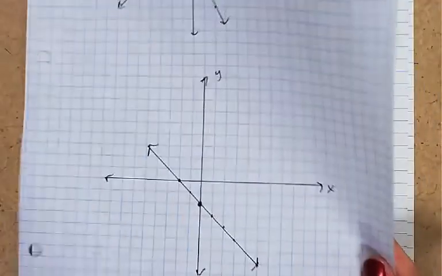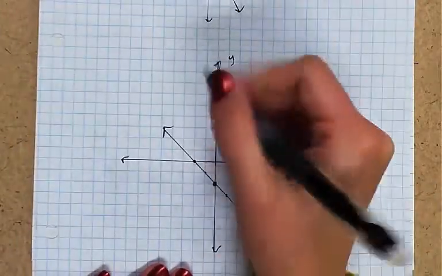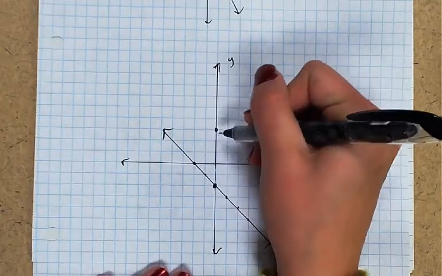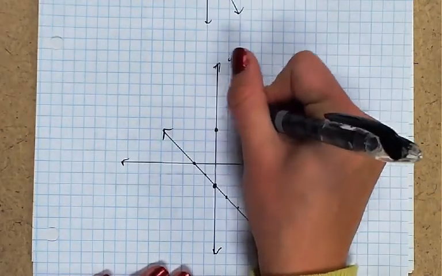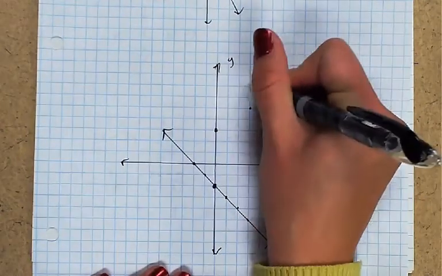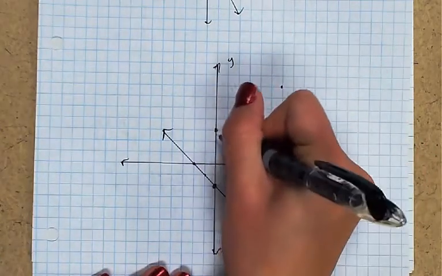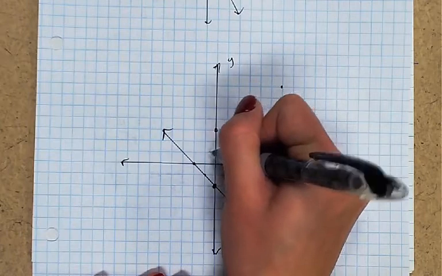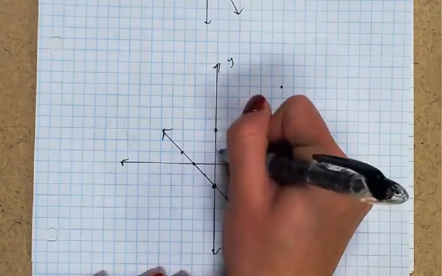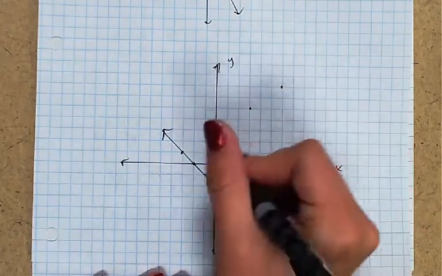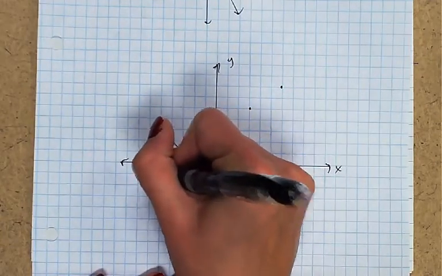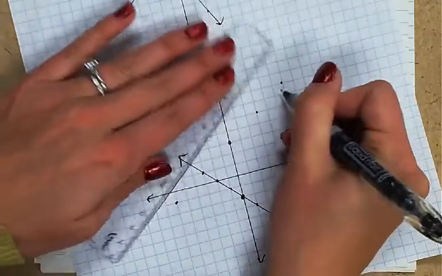Okay, so first we always graph the y-intercept. From there, we use our slope. From right here, I'm going to go up 2, right 3, up 2, right 3. Similarly, the reason that I can go back, or excuse me, down 2 and back 3 is because a negative and a negative still makes it that positive 2/3 slope. So down 2, back 3. Okay, so if I connect those,